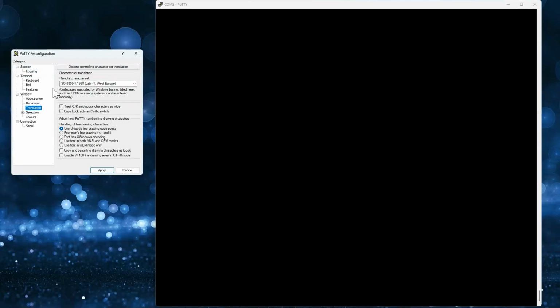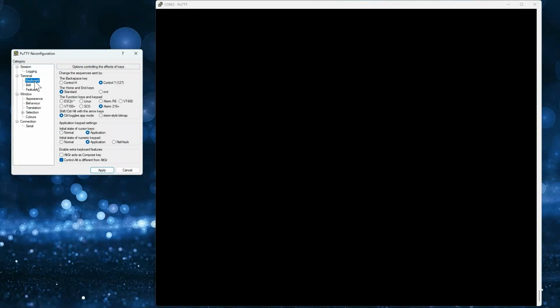Finally, the last thing we need to do is tell the terminal how to connect the keyboard. And we can do that with our session values for the terminal and keyboard. Again, make sure that we've got the correct settings for the Xterm, and make sure that all the cursor keys, etc., are mapped from the UI into the application so that the serial port connects and works. Once we've done that, we can click apply, and we should now be able to connect and talk to our